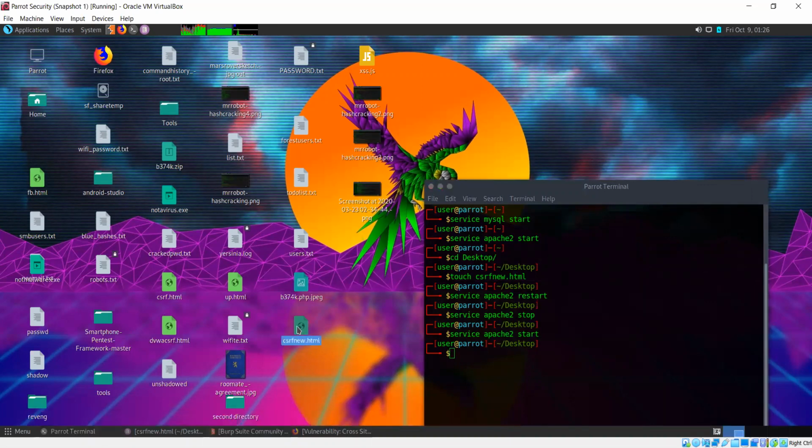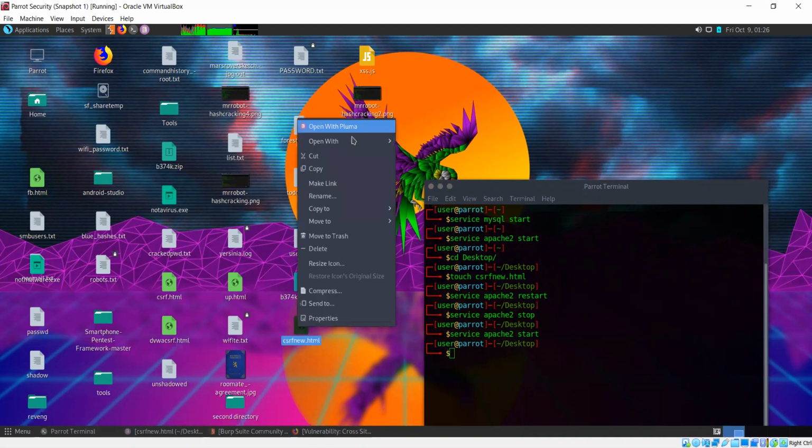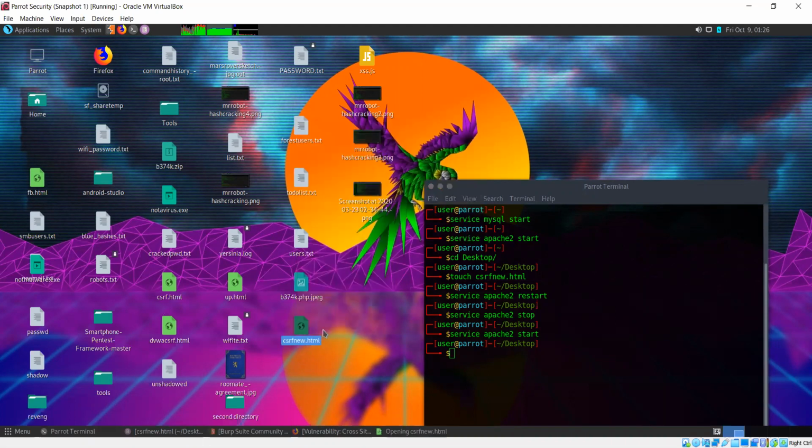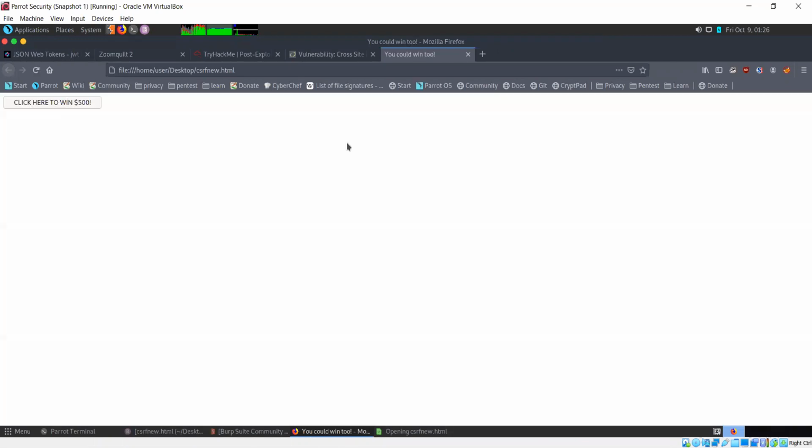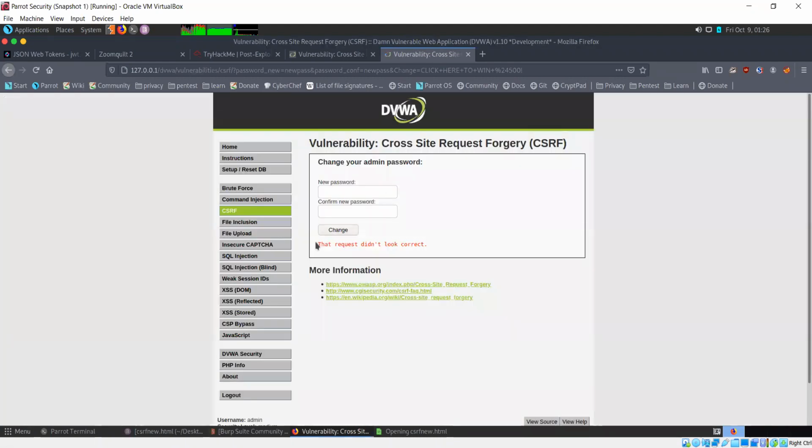Now let's open this again with Firefox. If I click on this now, instead of password changed, take a look at what it's saying now. It's saying that that request didn't look correct.